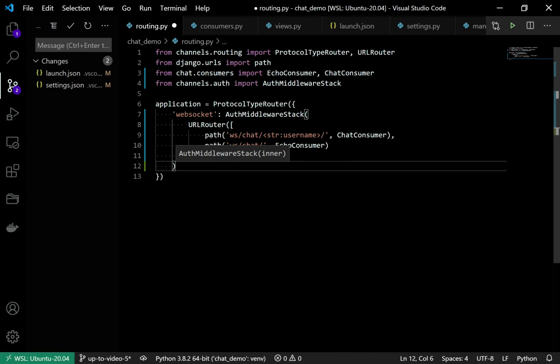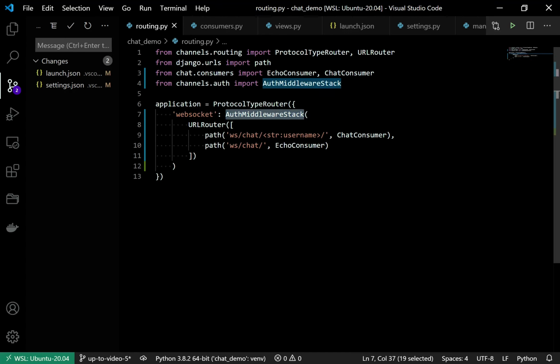Whatever request comes in for this WebSocket will first go to this auth middleware stack, and it will check if the session has any user logged in, and also it will check for the cookie. If the user is logged in, then it will add that user variable, or you can say key, into the scope dictionary, so you can utilize that scope in the consumer.